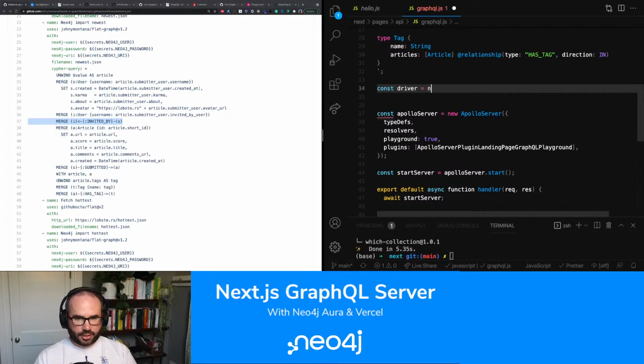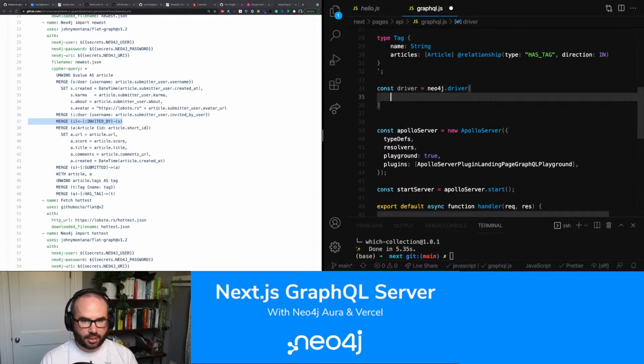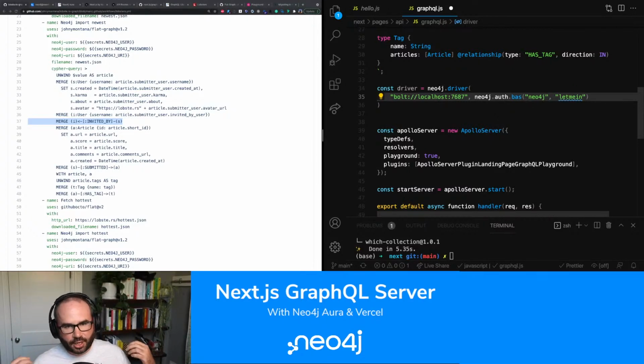So driver, Neo4j.driver, and then this is going to be the URI, so something like this. But we need this for our Neo4j Aura instance. And then we need our username and password, which is something like this. Now, I don't want to just hard code these values in, so let's